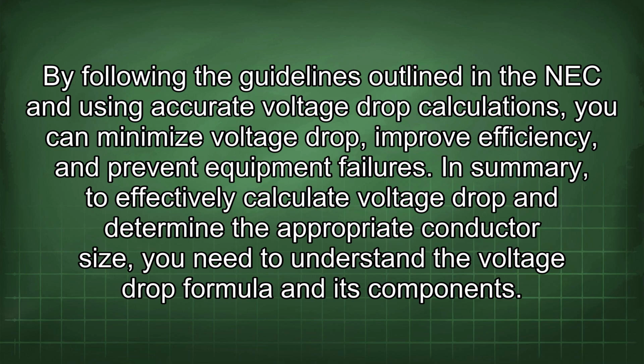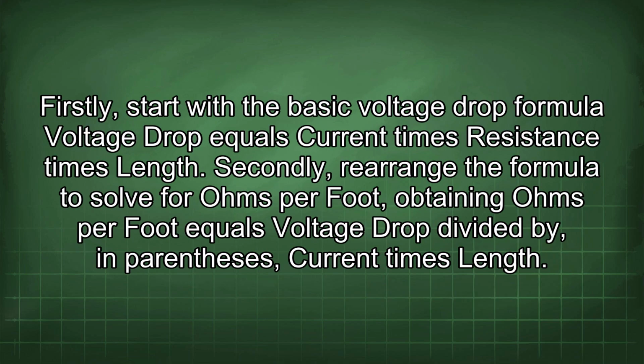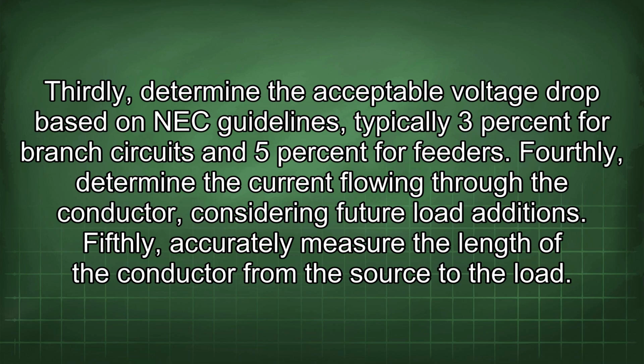In summary, to effectively calculate voltage drop and determine the appropriate conductor size, you need to understand the voltage drop formula and its components. Firstly, start with the basic voltage drop formula. Voltage drop equals current times resistance times length. Secondly, rearrange the formula to solve for ohms per foot, obtaining ohms per foot equals voltage drop divided by, in parentheses, current times length. Thirdly, determine the acceptable voltage drop based on NEC guidelines, typically 3% for branch circuits and